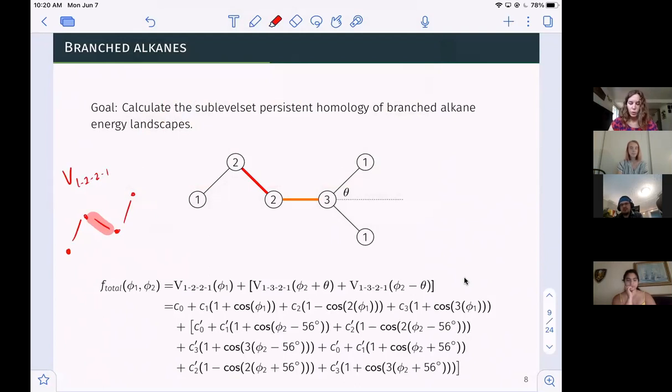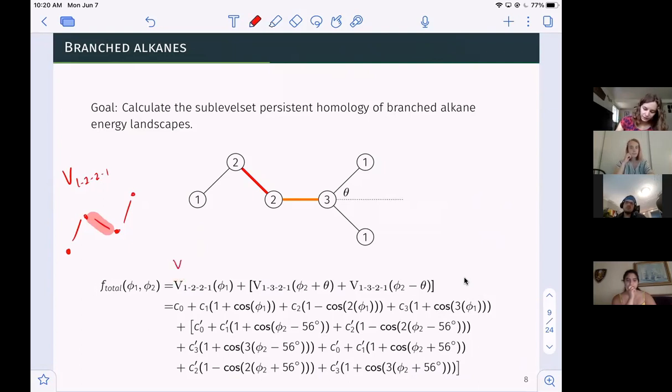Now, we can't quite glue it, so to speak, because we have this extra one on the end. So what we're going to start with is an approximation. We're going to say, if I know my energy landscape for this 1, 2, 2, 1 bond, anytime I see a 2, 2 as the middle bond, I'm just going to treat it as a 1, 2, 2, 1. Technically, what I should do